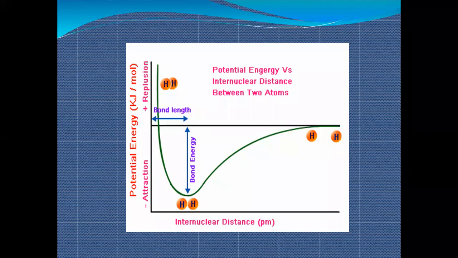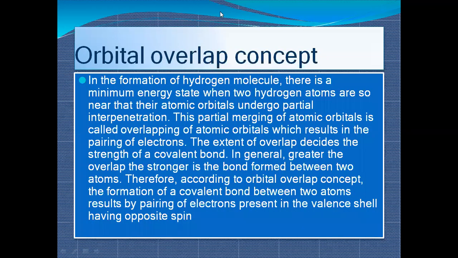All right. So there is a change in the bond energy and the bond length. Bond length is short. So when you give the bond energy, what happens? The bond length increases and your particles move apart from each other. And after receiving this bond energy of about 435.8 kilojoule per mole, it just dissociates into two hydrogen atoms. All right.